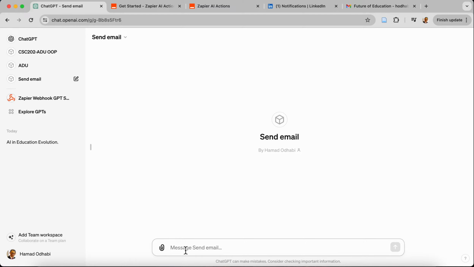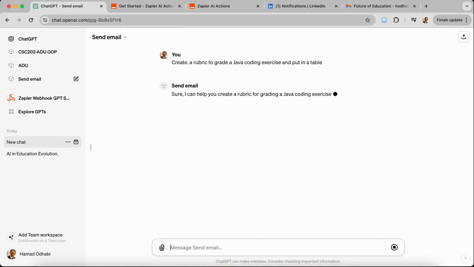And now when I am here, I can do all the needed things, like for example, create a rubric to grade Java coding exercise, something like that, and put it in a table. Okay, it will do this, and then later I can say take this one and send it to XYZ, or